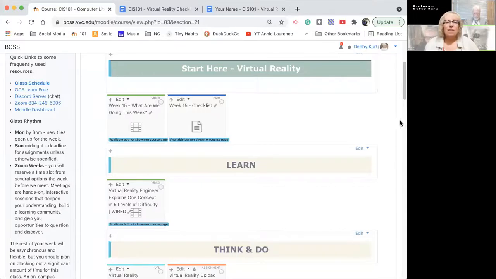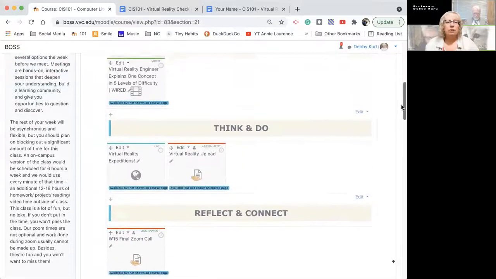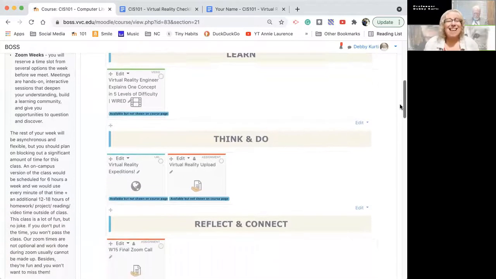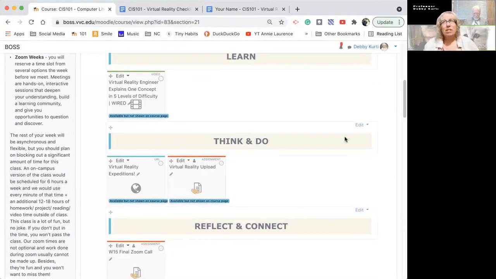So let me do a screen share and I'll show you a couple of things. Now, it's going to look like there's not much here, but don't let looks be deceiving, okay? Because actually, the assignment's going to probably take you 2 or 3 hours to finish up. I'll explain that in just a minute.